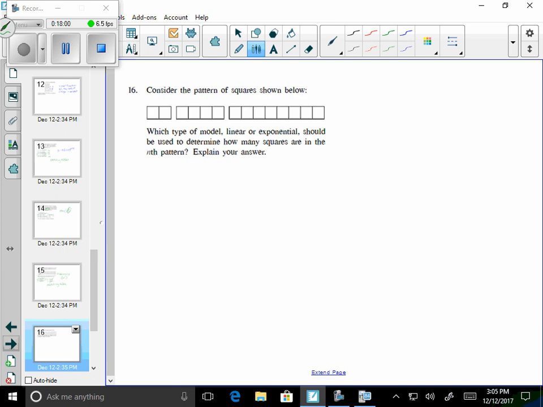Consider the pattern below. 2 blocks, 4 blocks, 8 blocks. What would be better, linear or exponential? And explain. Well, your pattern is, you could look at it as +2 +4, or you could look at it as ×2 ×2. Either way, +2 +4 is not a constant rate of change. Therefore, it can't be linear. And when we have the same pattern of multiplying, that tells us that it's going to be an exponential model,